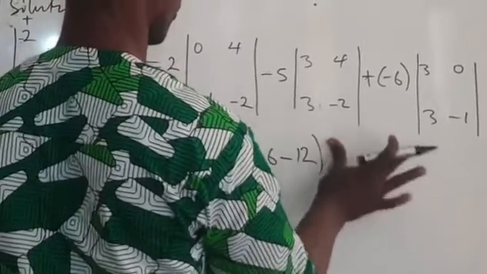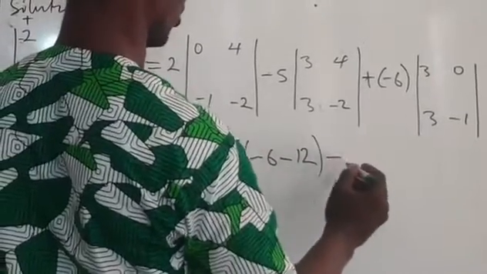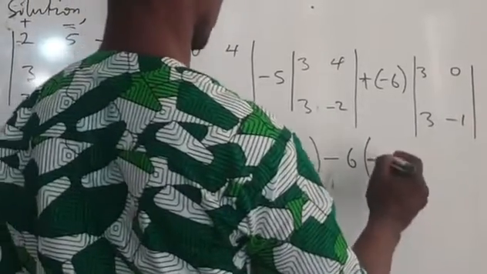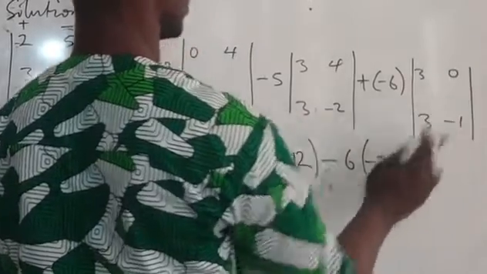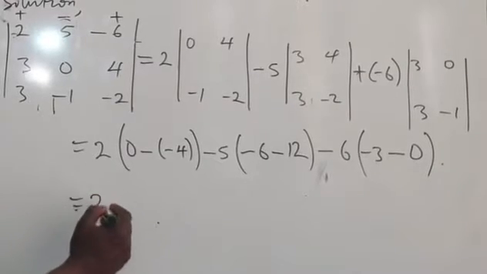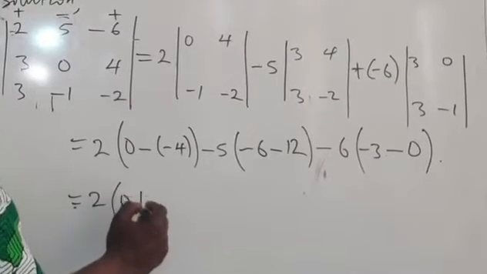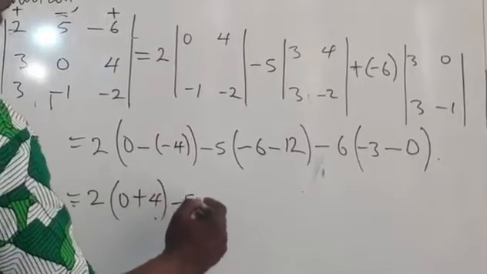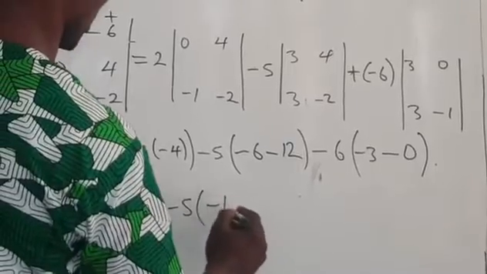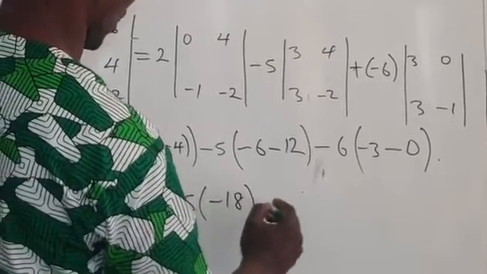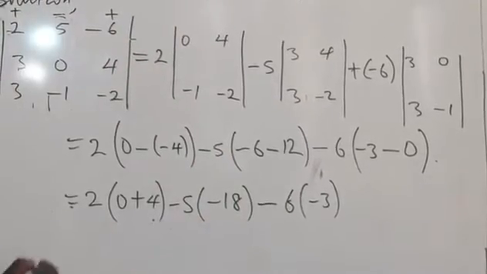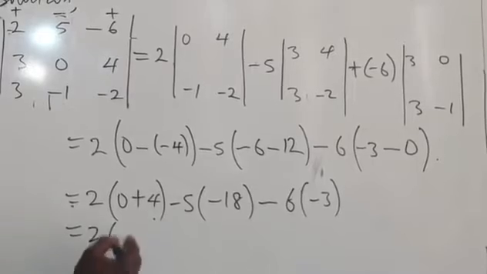Then plus, times minus is minus, so minus 6 into bracket 3 multiplied by minus 1, that's minus 3, minus 0 multiplied by 3, that's 0. So which is equal to 2 into 0 plus 4 minus 5 into minus 6 minus 12, that's minus 18. Close the bracket. Minus 6 into minus 3. So which is equal to 2 into 4